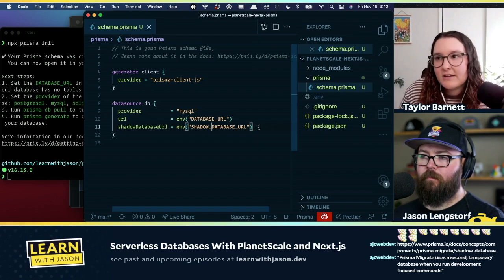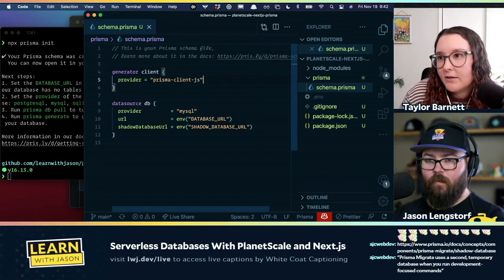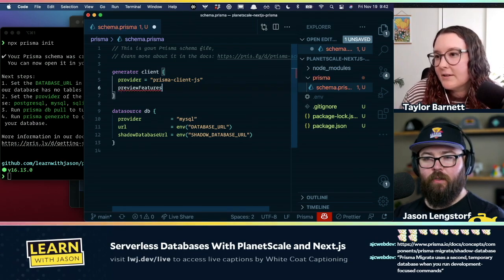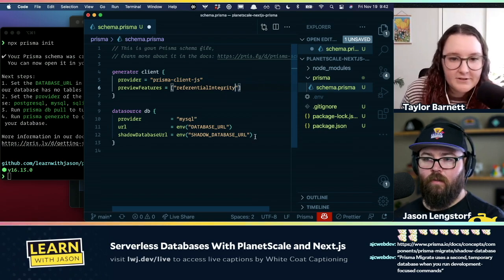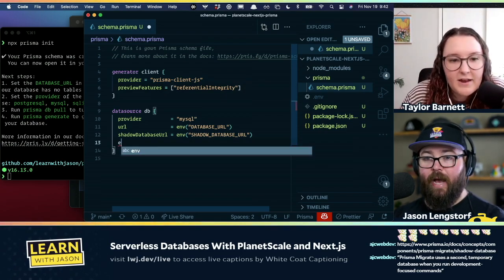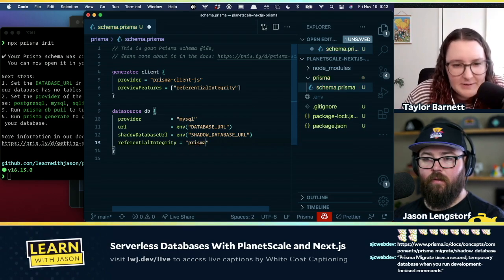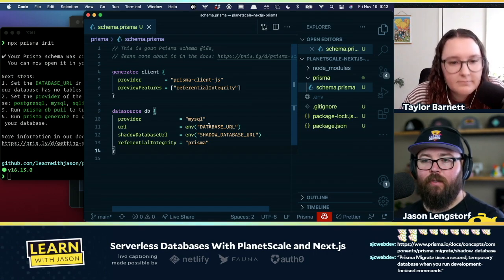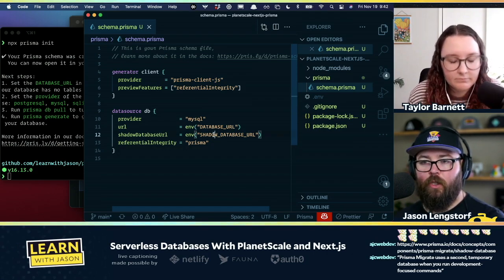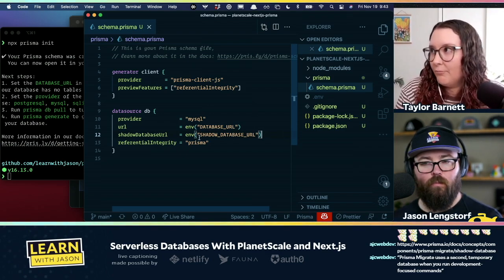I think we need to turn on the referential. It's like preview features, right? Yeah, so in the client is preview features. Referential integrity. And then we have to actually turn it on. Then we have to do referential integrity equals Prisma. Got it. So there we go. And then to talk through this a little bit, the shadow database, what is this one